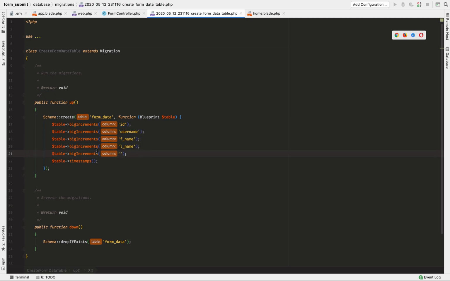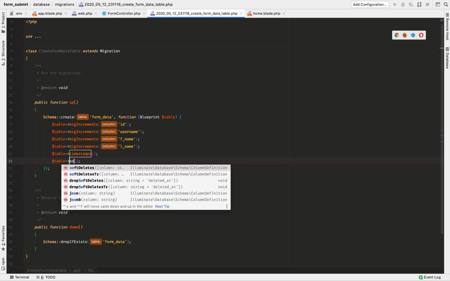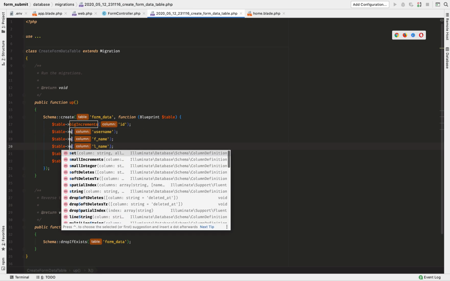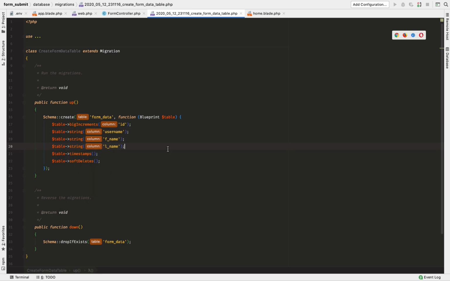Okay, so we don't need the last one. Let's change this one to soft delete. These ones are all changes string. Okay, yeah, so let's run the migration. Okay, one more thing, we need to set it in the fillable